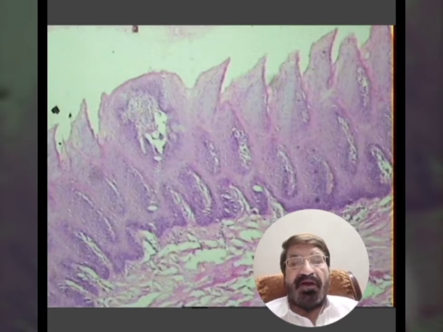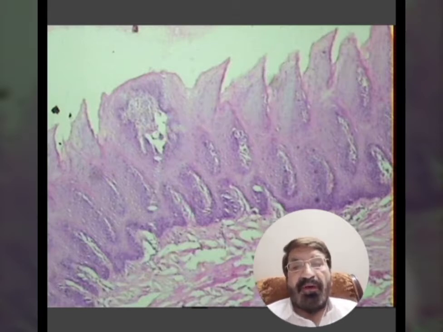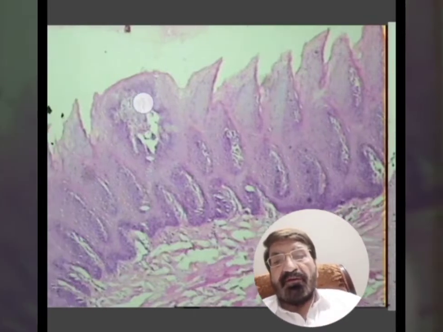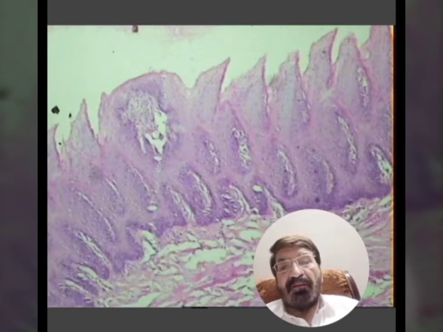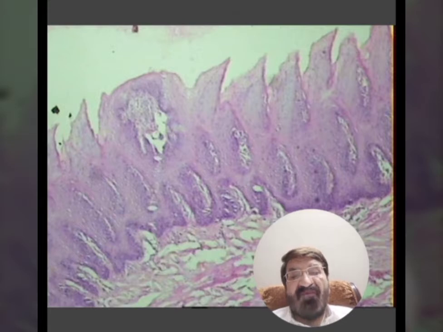The thread-like, these are the filiform papillae. The most abundant on the dorsal surface of the tongue are the filiform, and fungiform, the fungus-like. That is, there is a broader, ये fungiform papilla है. Near the tip of the tongue you will find the fungiform papillae, and these papillae, this is the identification point of the slide of the tongue.